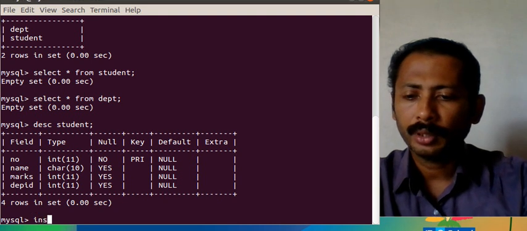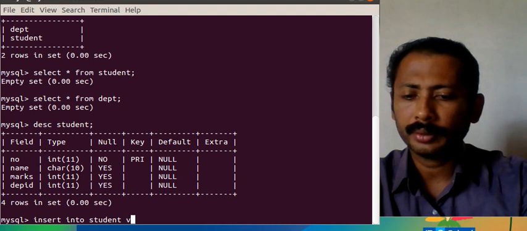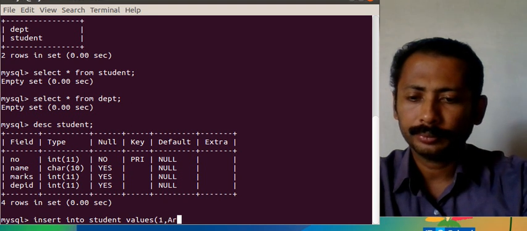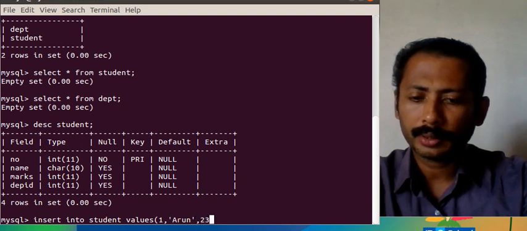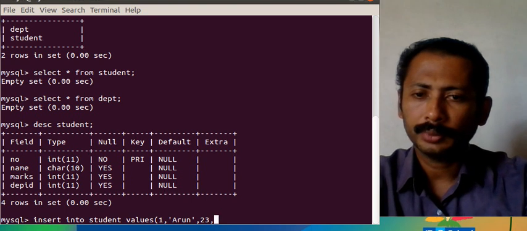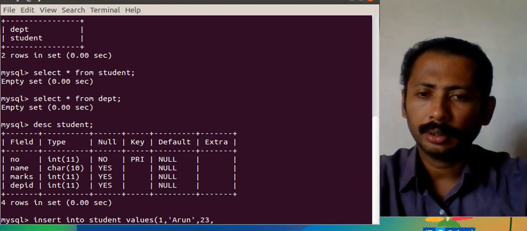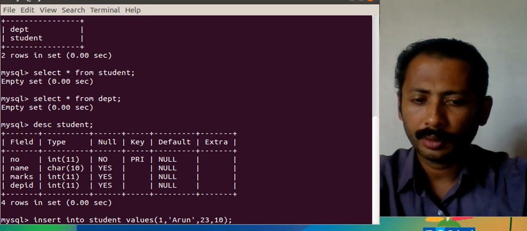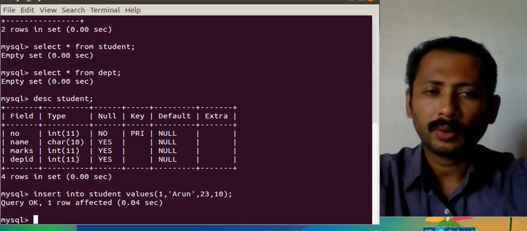So insert into student values 1 comma, I don't have to give it in single quotes, Arun comma marks comma department ID. So one record inserted.